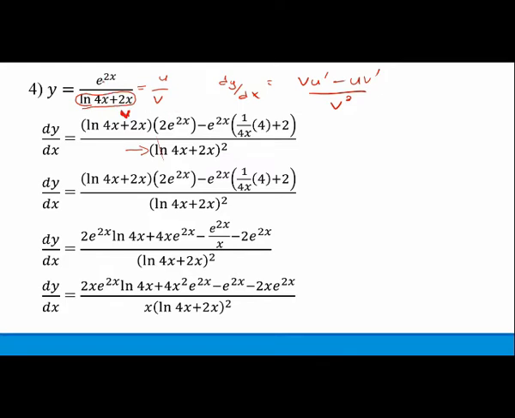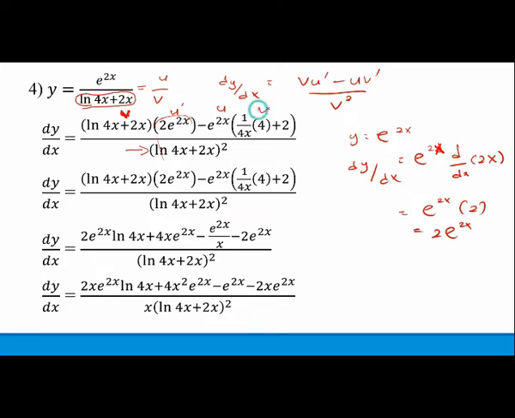Differentiate e to 2x, you will get this as u prime. e to 2x differentiate, copy again, then differentiate the one at the above, and you get e to 2x times 2, which is 2e to 2x. This one differentiate, you get this one, and then this is u, copy again, e